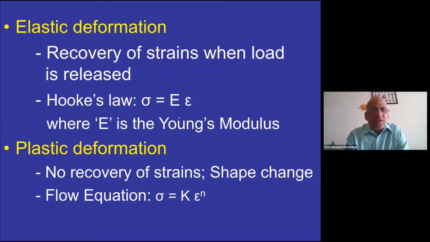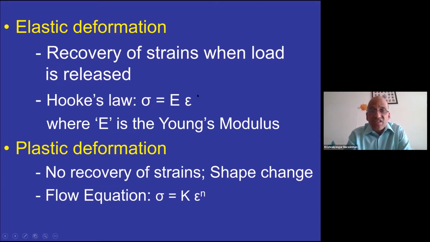Of course, this is very quickly elastic deformation versus plastic deformation. Elastic deformation refers to recoverable deformation, that is, the deformation or strain is recovered the moment you remove the load, right? And then plastic deformation is the one which is of interest to us, where you are getting permanent shape change or permanent straining. So after you remove the load, meaning after you remove the punch, you still have the strain or the form component not going back to its original size and shape. So that is what we call the plastic deformation.